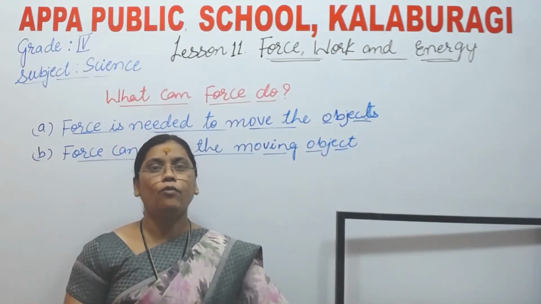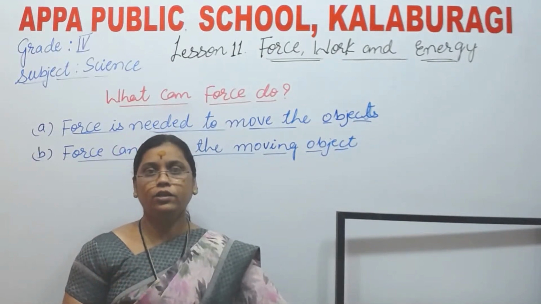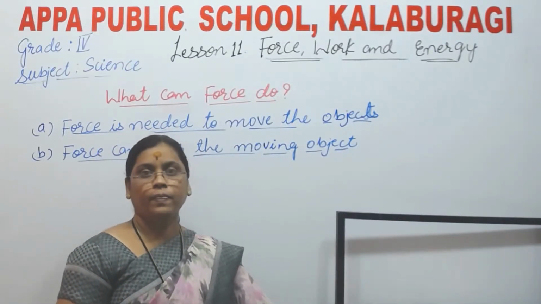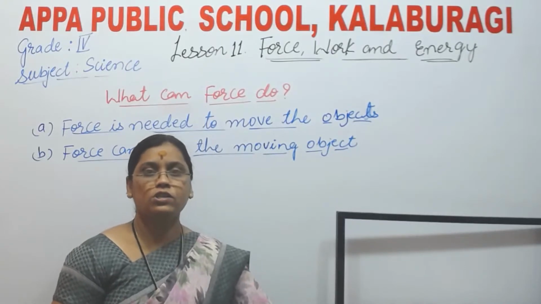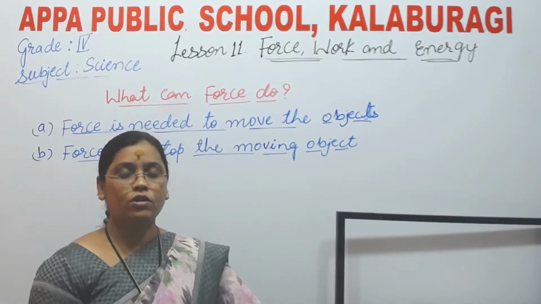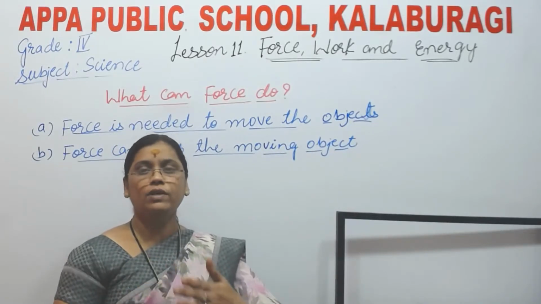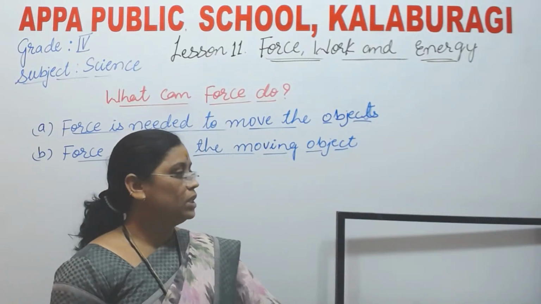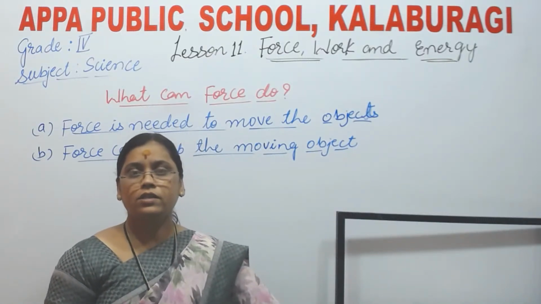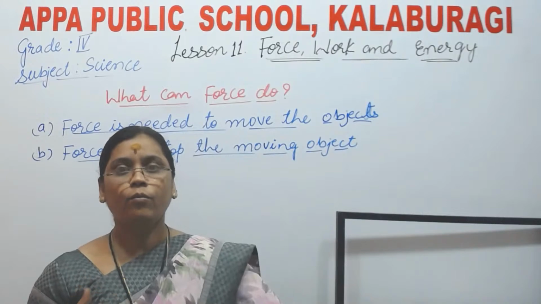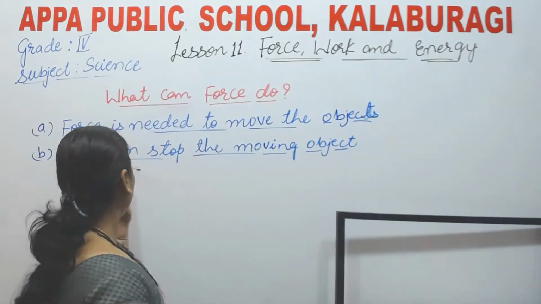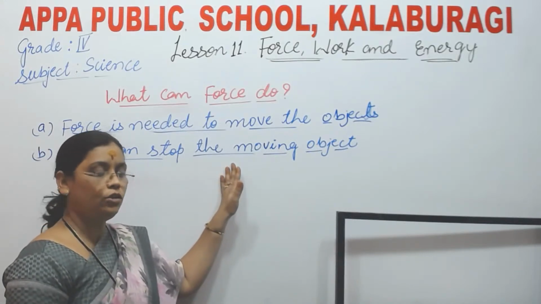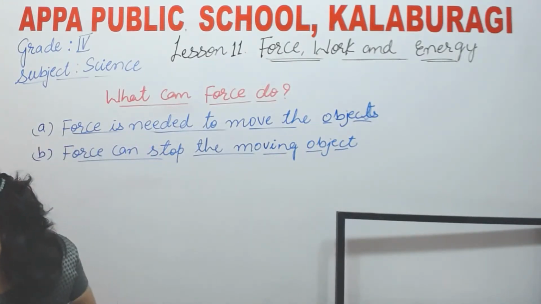The wheels stop rolling, is it not? So when they stop, suddenly you can stop there. How is that possible? Before, when we apply the force, the wheels are continuously moving. When you use the brakes, that means when you apply the force, it suddenly stops moving. So here we can say that force can stop the moving object. Is it not? The next one is